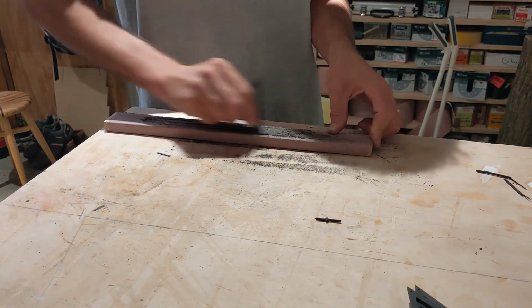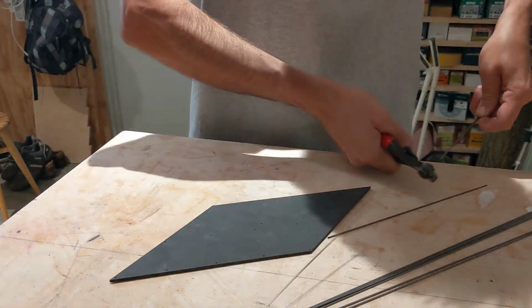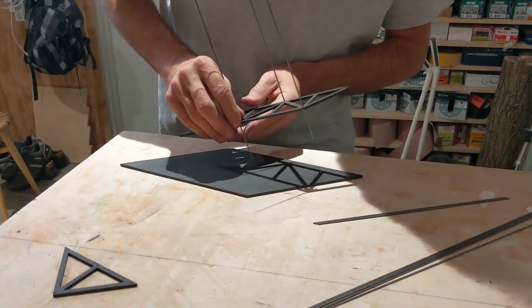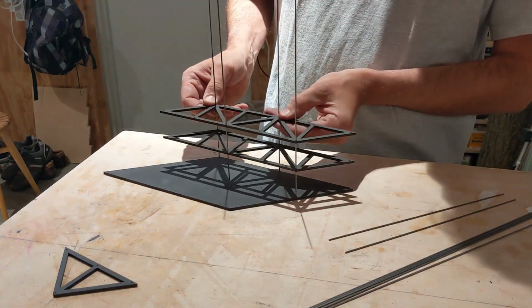But this was different. I didn't have very much time to install the marble run in the museum, so I had to do a lot more preparation work. And so I had to create this structure, and I had thought up this triangular form,